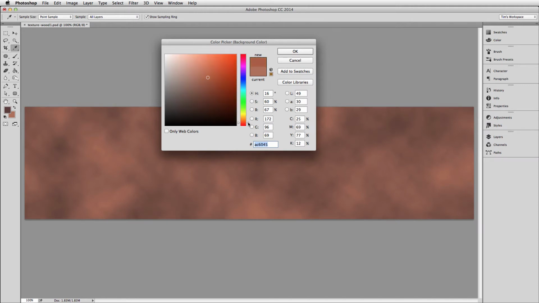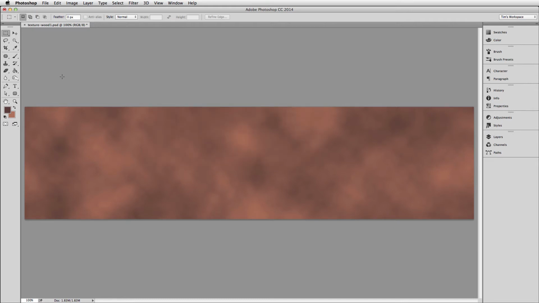That's almost a mustard yellow there. All right, well, it's either this or that, and I'm going to go with this, and I don't like it much either. Anywho,